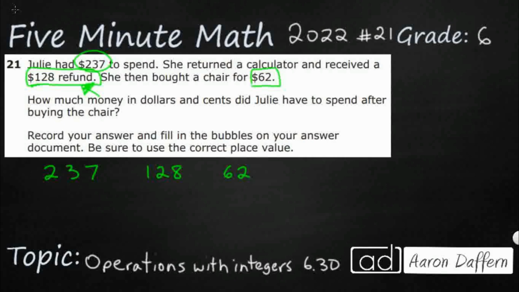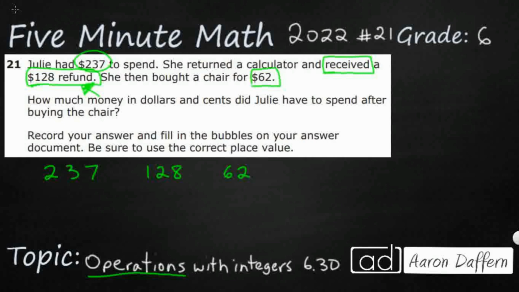What we need to figure out is which operations are we going to use: add, subtract, multiply, or divide. So 237 is your starting. So she's starting with $237. That is positive. So she's got that much money in her pocket. Now, she returned a calculator and received. Okay, so when you take something back to the store, you are going to get a refund. But if you receive money,